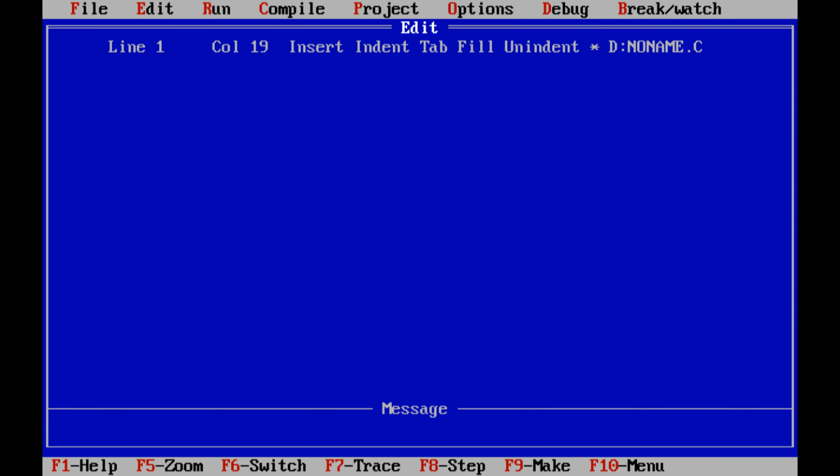Today we have to discuss a C program for swapping of two numbers without using a temporary variable. In the previous video, we already discussed a C program for swapping of two numbers by using a temporary variable. First we have to explain the logic. After that, we can see the implementation of swapping of two numbers without using a temporary variable.